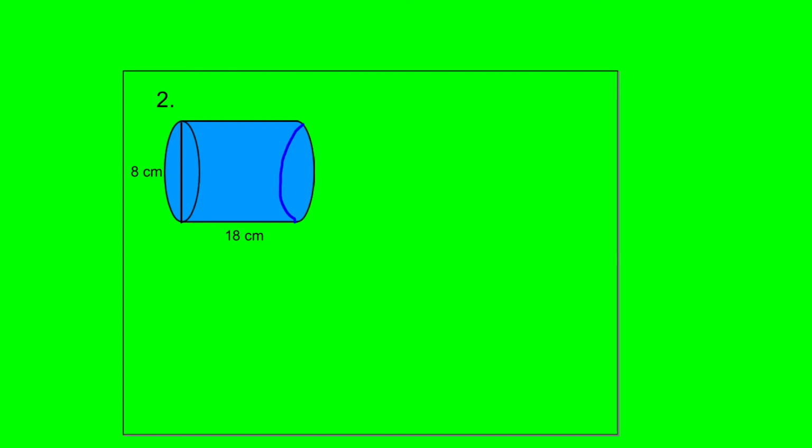So what I want to do is I want to unroll the rectangular part. So I'm going to unroll it to get the net. So it would look something like that. Now what we want to do is we want to label the dimensions of this rectangle that we get. Now check this out. This distance here, which is the height of this cylinder, you can picture this cylinder sort of laying on its side. This distance here, this 18 centimeters, is the exact same distance as the short side of the rectangle. So that side would be 18